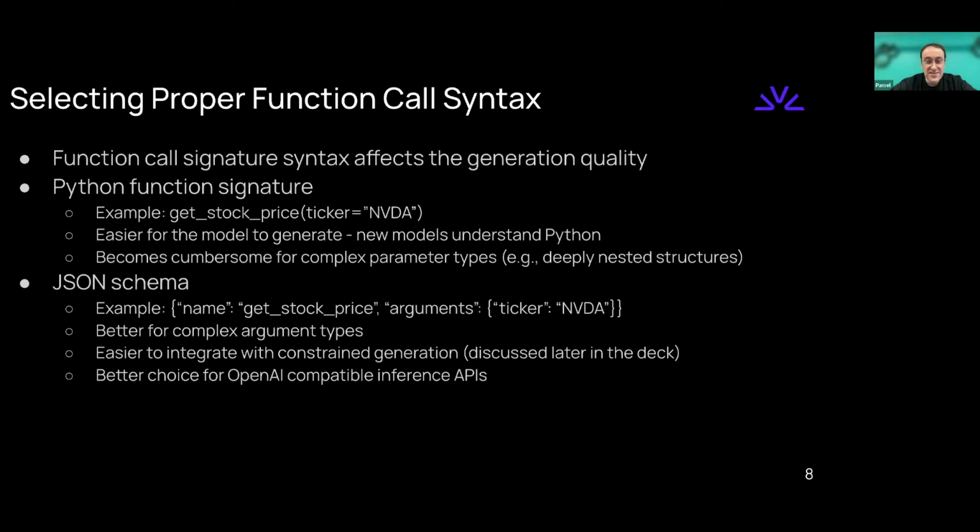So far in this presentation, I have been following the JSON schema syntax. But the Python function signature generation is also a pretty good option. When considering the trade-offs between those two, here is what you should take into account. Generally, it is a little bit easier for the model to generate Python function signatures. The main reason is that modern LLMs have been trained extensively with Python and to understand Python. So by relying on generating the function calls in the Python syntax, we're kind of piggybacking on the model's